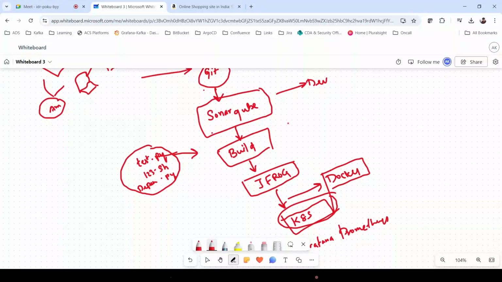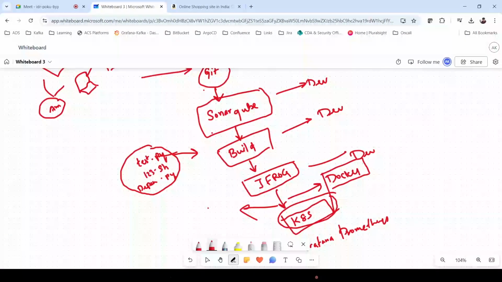Build is done by the dev team. And then they will push it to JFrog from dev. And Kubernetes and Docker will be managed by the ops team. Okay.